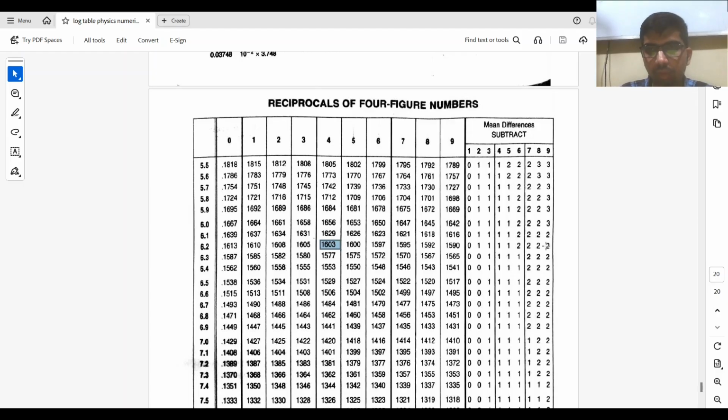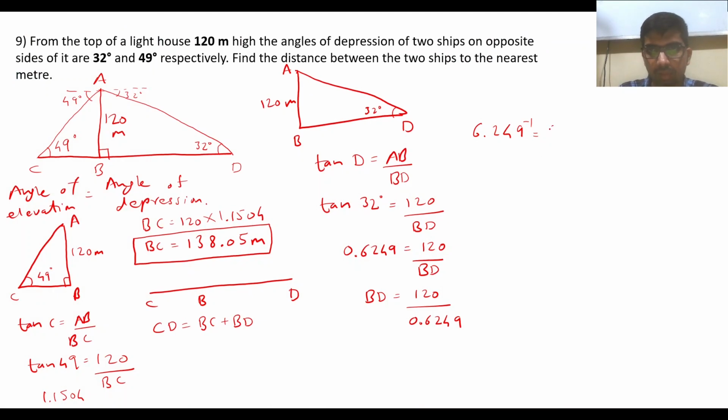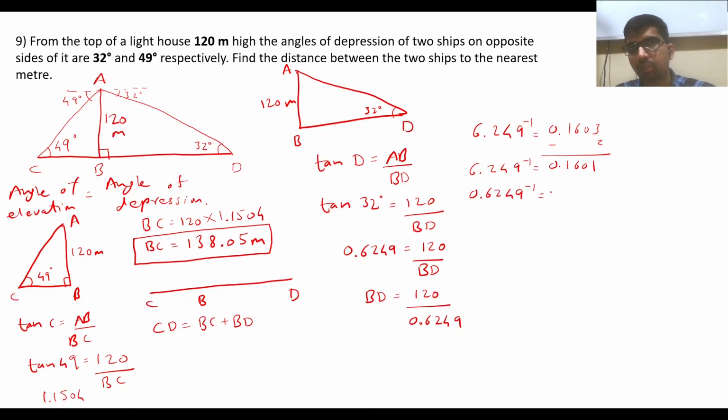0.1603 minus 2. Repeat. 0.1603 minus 2. 0.1601. So reciprocal of 6.249 is how much? 0.1601. So 0.6249 decimal has gone, 1 plus 2 was left, answer will go 1 plus 2 was right. 1.609. ठीक है. तो we got 1 BD as